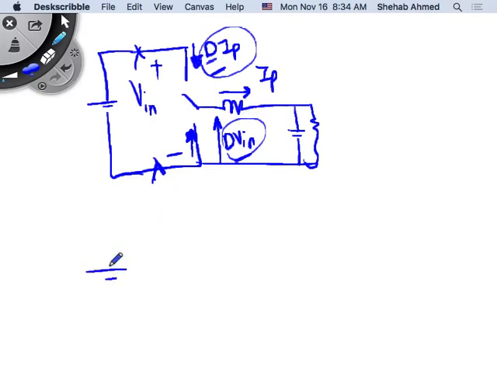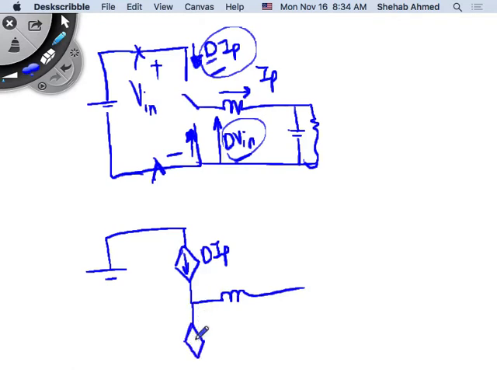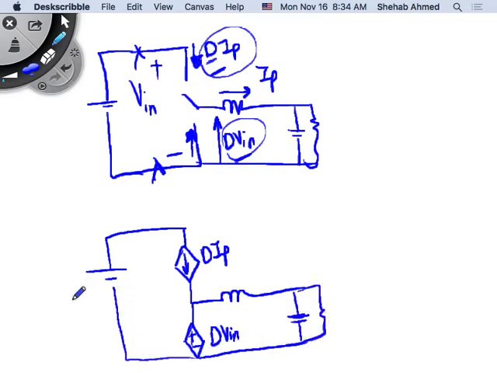So I can redraw this. For example, I can put a dependent current source here that is D times IP. And I can put a dependent voltage source here, right? That is D times Vin, where Vin is the voltage between these two terminals, right? So if I do that,